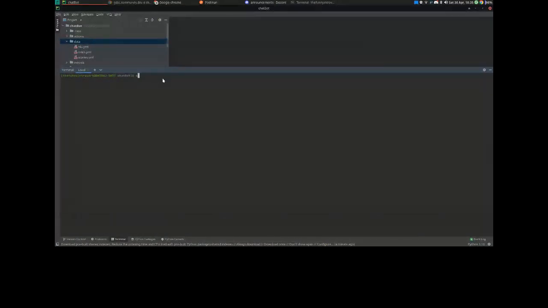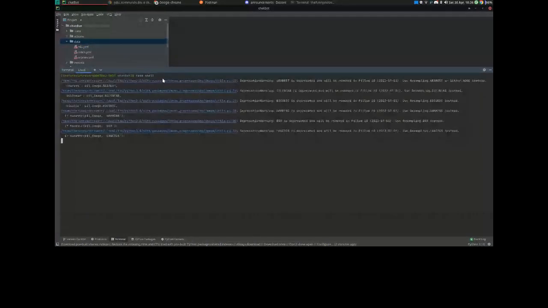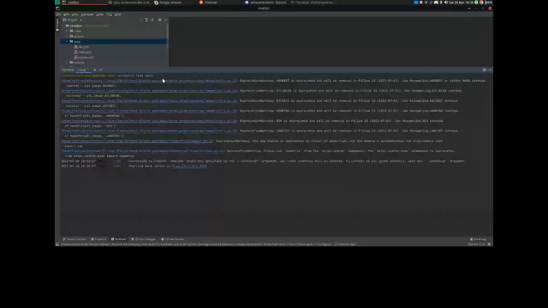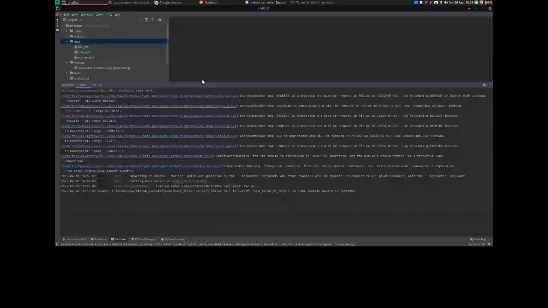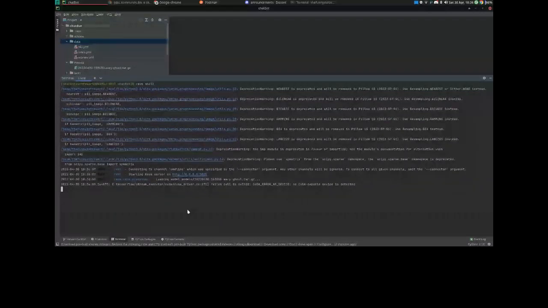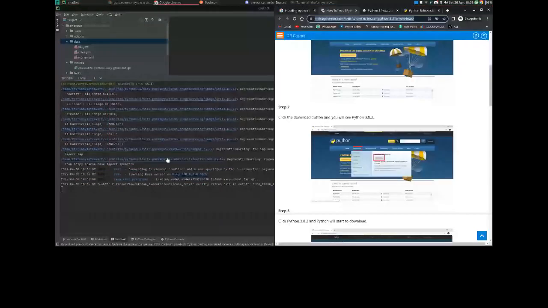Okay, so I will just say Rasa shell, which is just to test the bot, the model that we have trained. It is getting started on this server and loading the model, which we can see in this folder. We will go into the directory now to see what each file does.